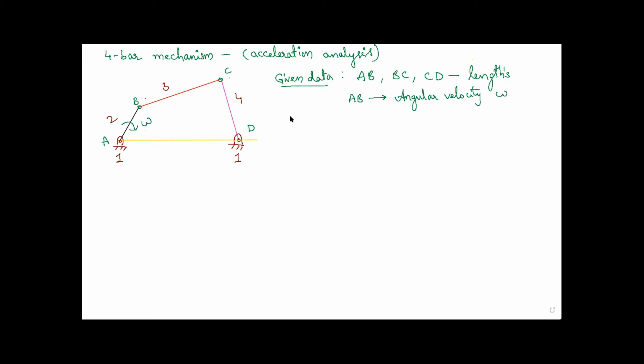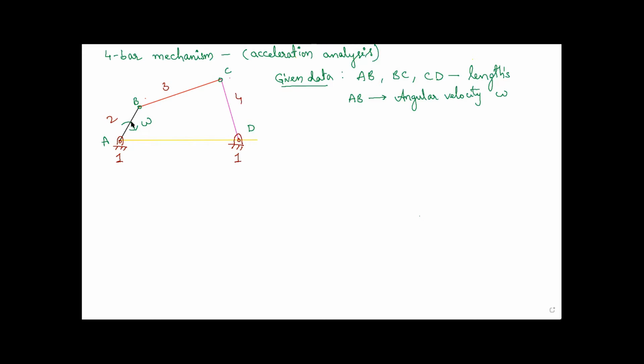Fine. And now, for each and every link, let's check what do we know and what we have to find out. First, you need to find out the velocity of this 4-bar mechanism. Only then can you find out acceleration. So the first step is finding out the velocity of this complete setup. So the velocity diagram, let's take it this way.